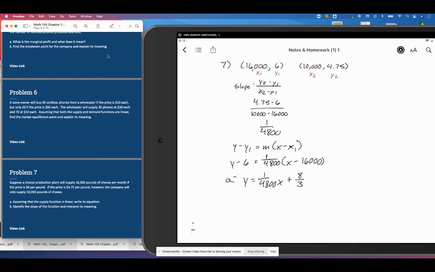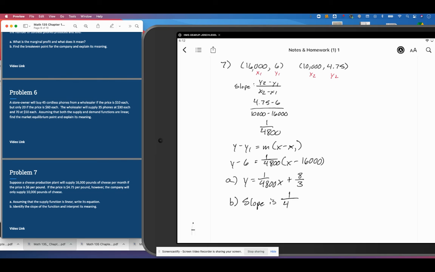So we do have an equation that represents this. Actually, both of those equations represent this. We just tend to prefer the second one over the first. And so we do need to identify the slope of this function and interpret its meaning for part B. So for part B, slope